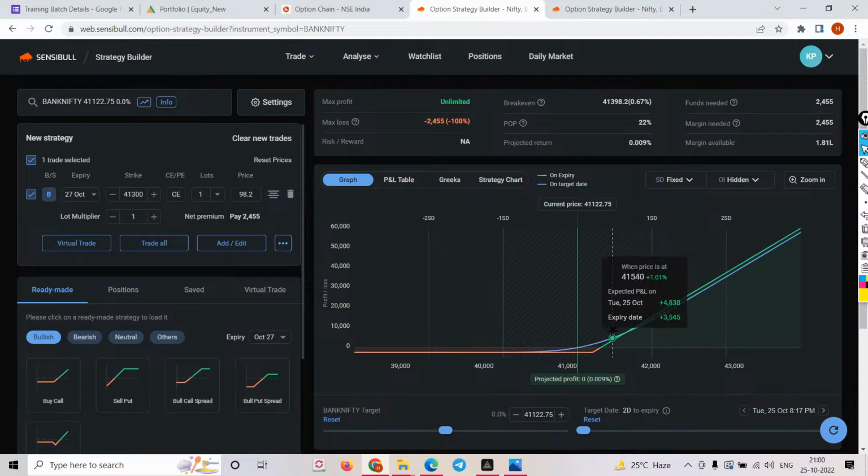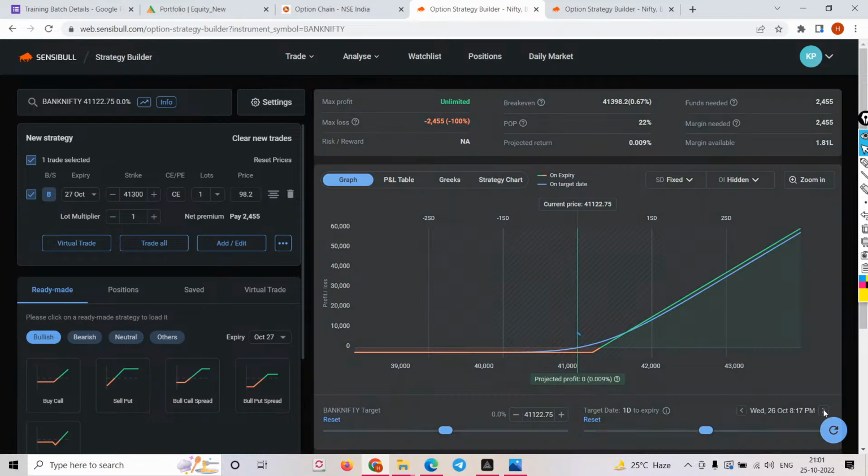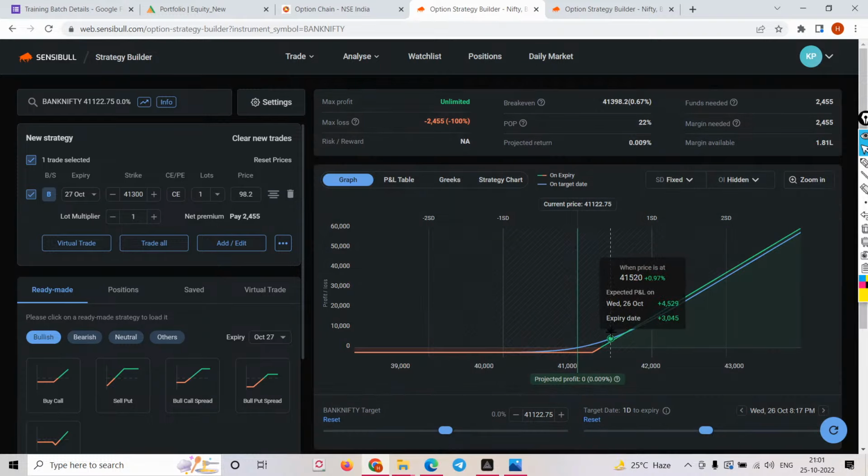let's say 1%. We'll take the 1% example, right? Your profit is almost like 4,500 today, on Tuesday. You want to hold this trade. You don't want to book your profit. So tomorrow, I'm manipulating the market, I'll take you to Wednesday, right? The same 1% move we will see. Should I show you, right? Thursday.